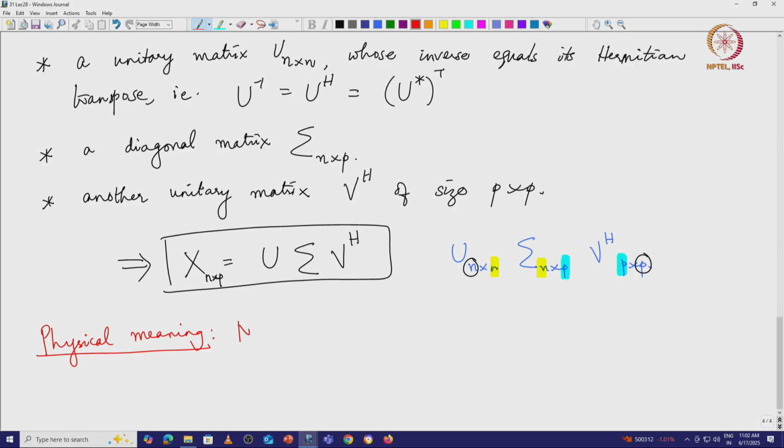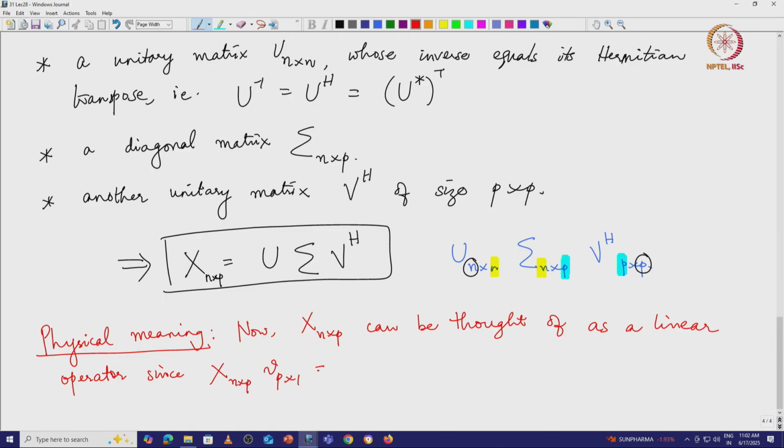So, X, which is of size n by p, can be thought of as a linear operator. Since if you take X of size n by p, and let us say you operate it on V which is of size p by 1, you get another vector of size n by 1. So, it is a transformation, it transforms the vector V into the vector U. So, that is why it is a linear operator,